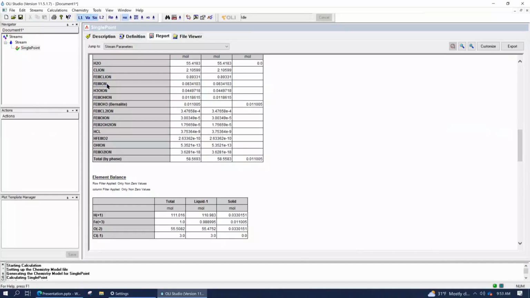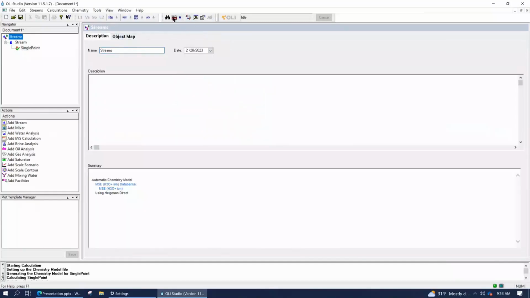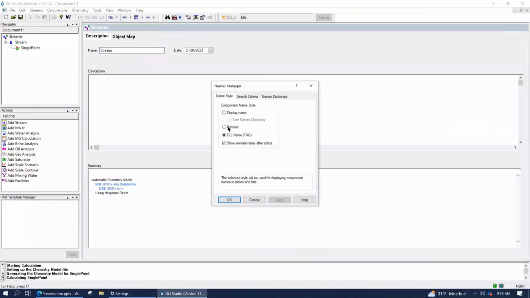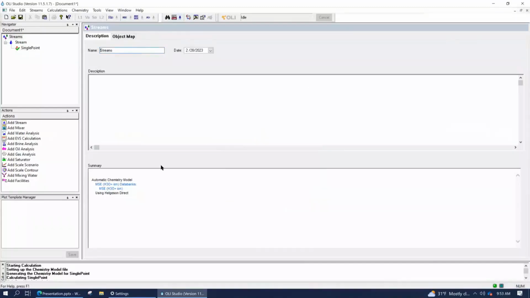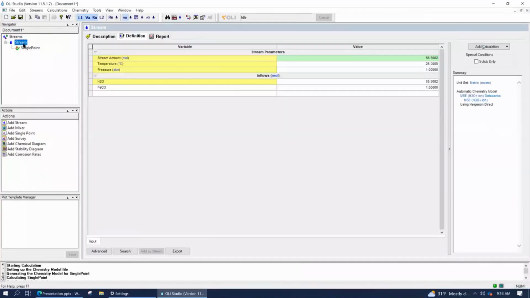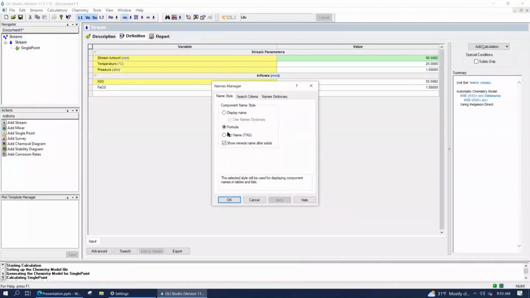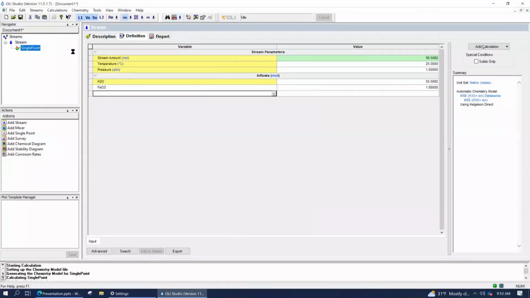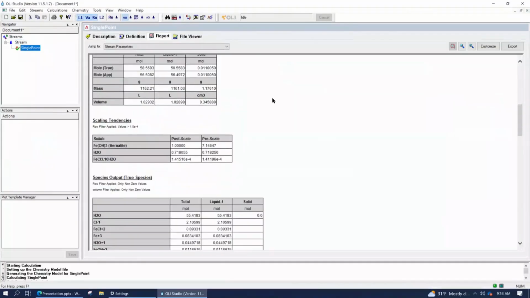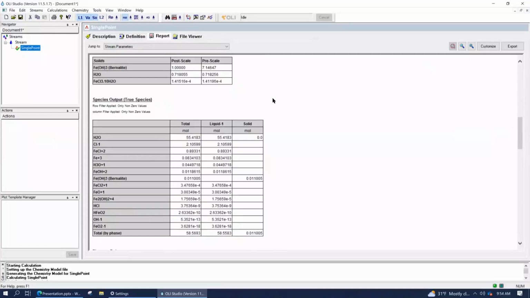Okay, Fe+3. Perfect. All right, good. What I'm going to do is change my settings here real quick. I'm going back to the top level stream, and I'm going to change this to formula view, so my view looks just like yours. But again, it doesn't change the settings here. So I'm going to do it one more time. Oh, it did change it. Okay, see, I was wrong. All right, learn something new every day. And now hopefully I see the same stuff you do.